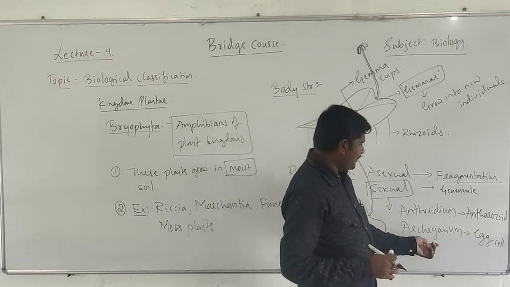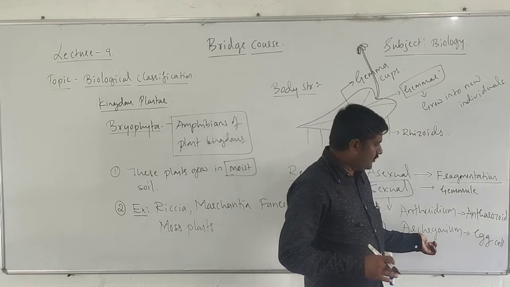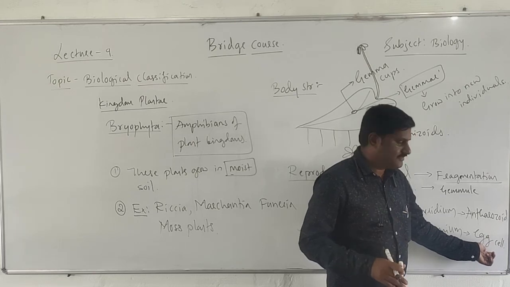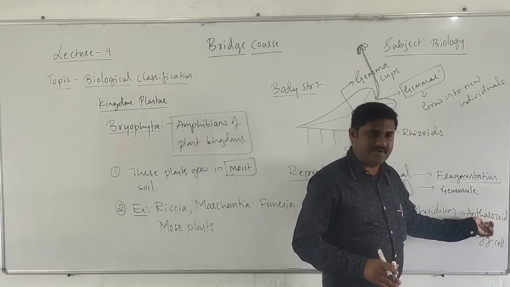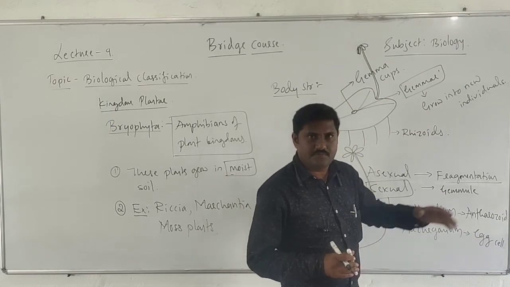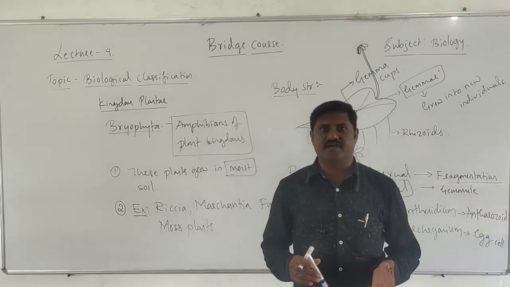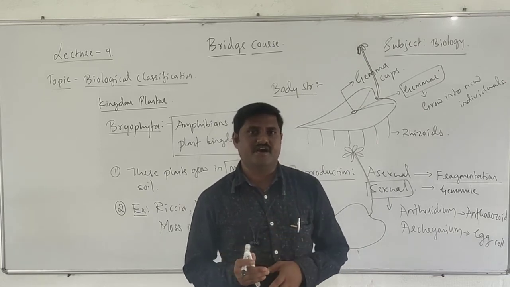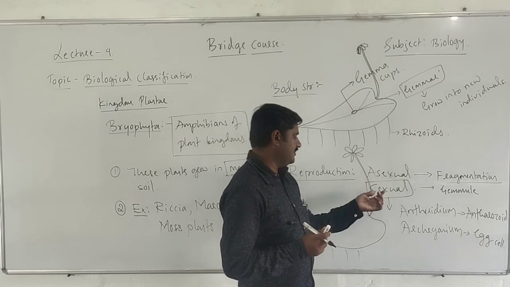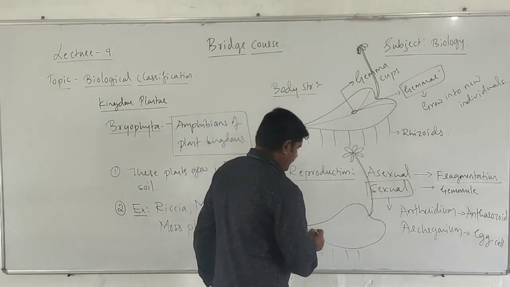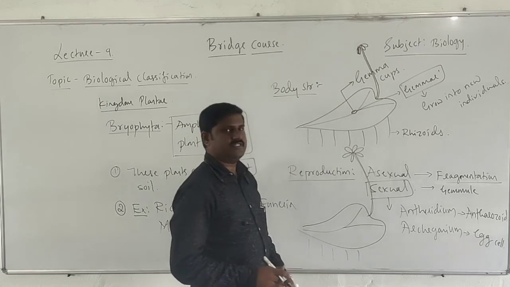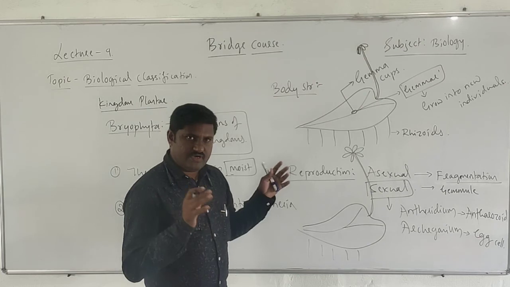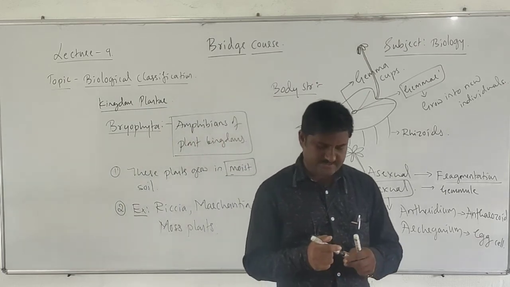Archegonium is the female sex organ which produces the female sex cell or female gamete. Right? Antheridium produces the male gamete. These two special structures produce male and female gametes, and water helps the two to fuse. This kind of sexual reproduction takes place in these bryophytes. Right? This is a unique feature in these plants. Right? And one more unique feature in this plant is